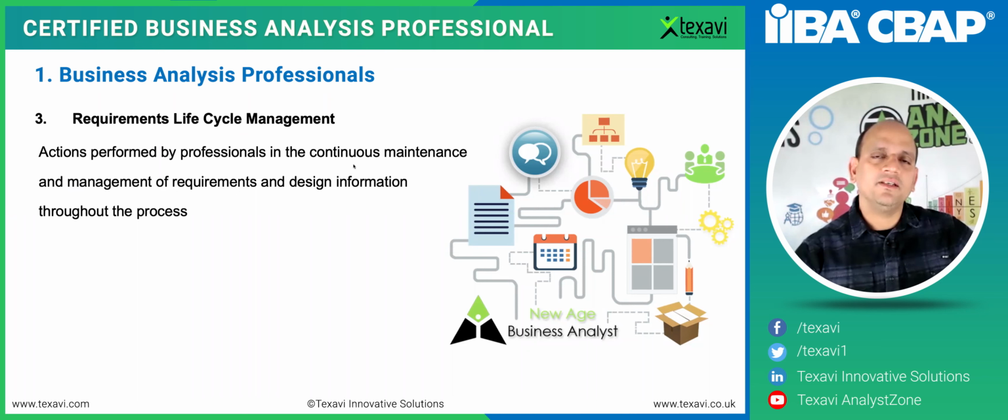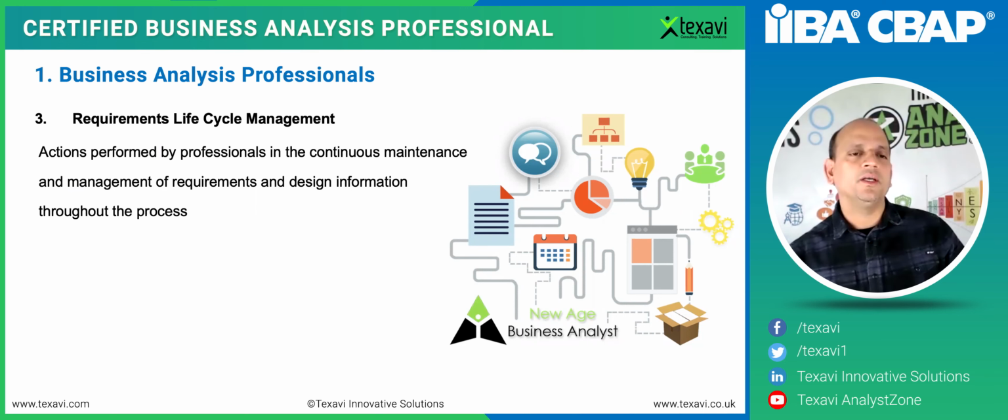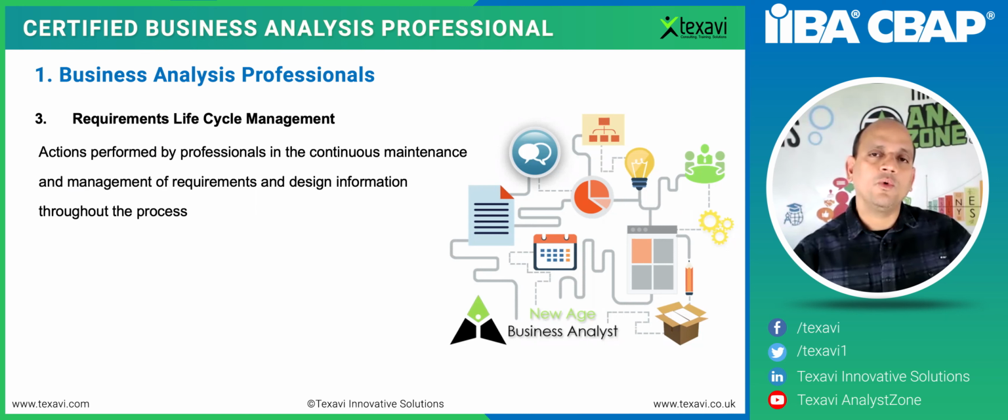So we have continuous monitoring, continuous tracking and tracing of the requirement up and down, because it's important. We know where and how we can effect any change and what is the potential impact of that proposed change, and then take an informed decision about it, the go or no go decision to implement that change in the requirement as well as in the product development. So very important again.